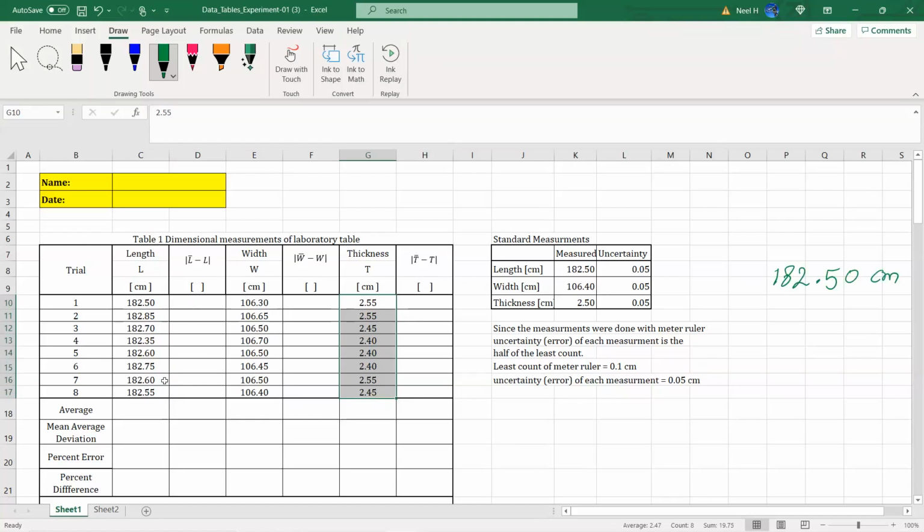There's a reason why we do that, right? One reason is whenever you are tabulating, directly measuring something and then tabulating, we first reflect the directly measurable unit. We're not going to convert into meters at that level. We will convert into meters only at the end, after we finish the experiment, when we are calculating our results, okay? At the measurement level, you must give directly the unit you observe from the instrument, because this report is usually